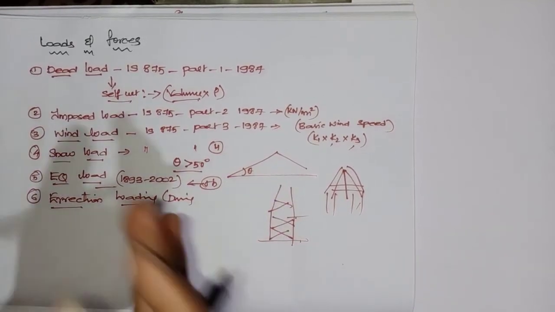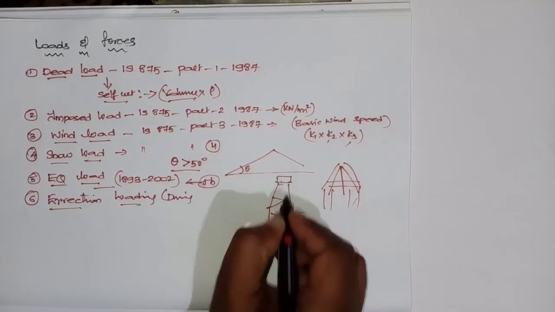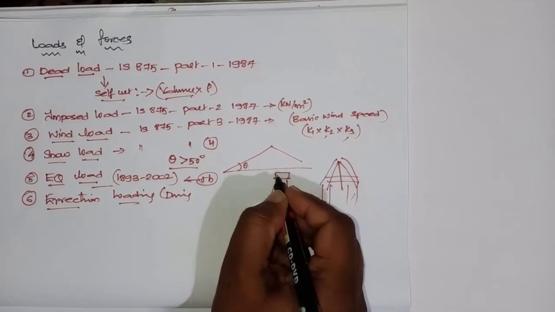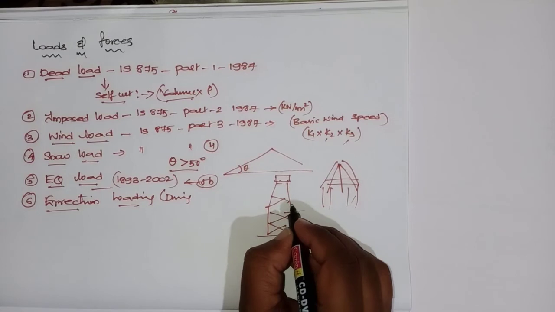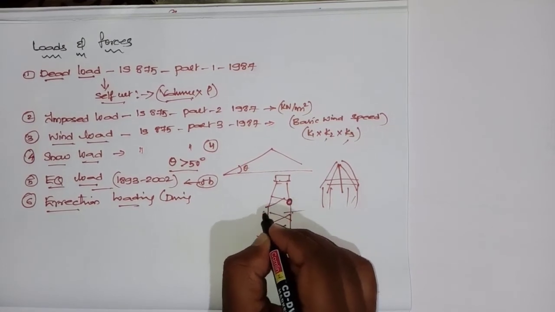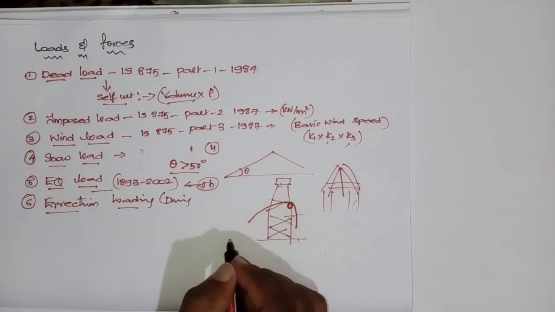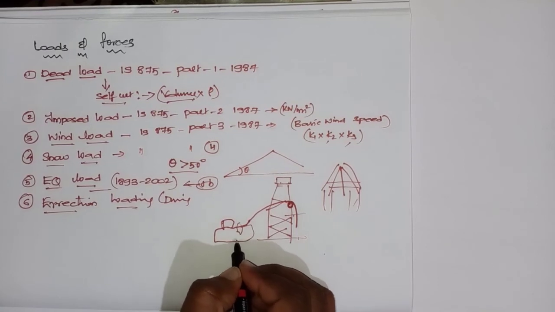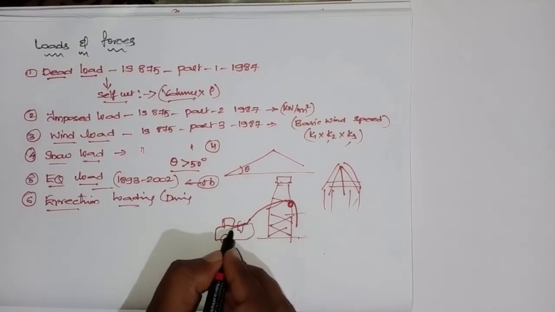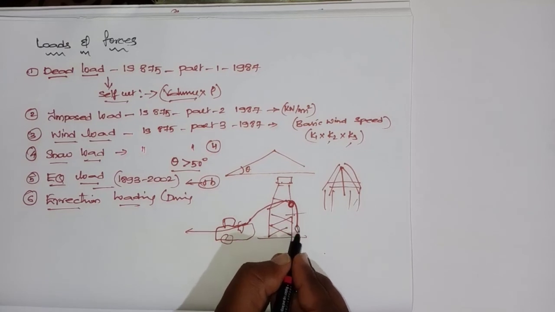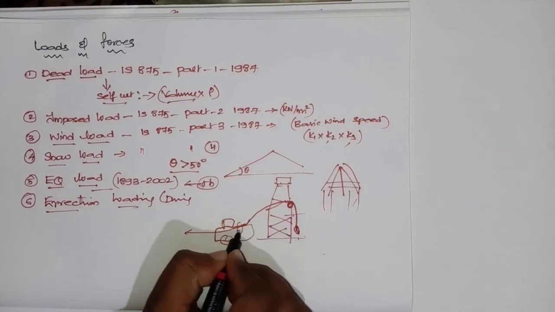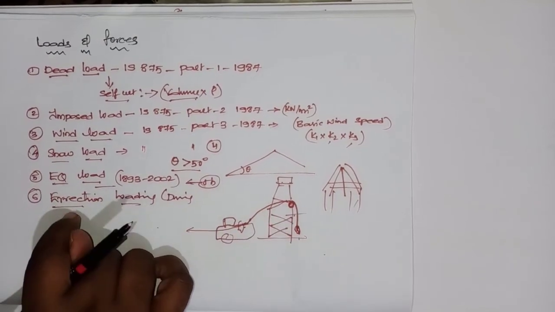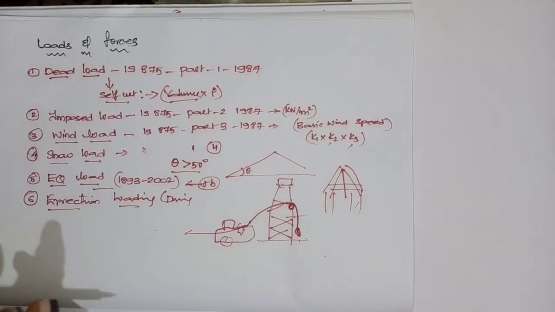You will be going on top. At the peak level or apex point, you need to carry these heavy weight members to that place. So for that, you will be arranging a pulley at that particular place, and by using a rope you will be connecting this to a tractor. It will be moving forward, and you will be tying the member here, so this movement will be there and the rope will be going. This type of load is called erection loading, which we consider at the time of execution.